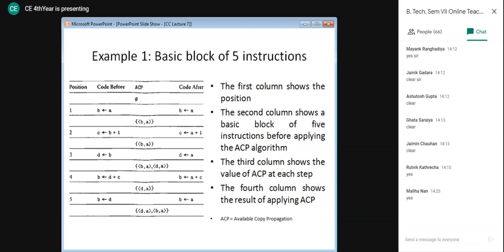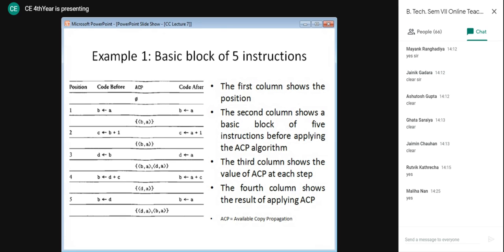So now let's understand what happens when we are talking about copy propagation and how this algorithm is applied. Here we have an example of a basic block containing 5 instructions. Now these instructions are the ones that you see in column number 2. Column 1 is showing the position of the instruction in the block.